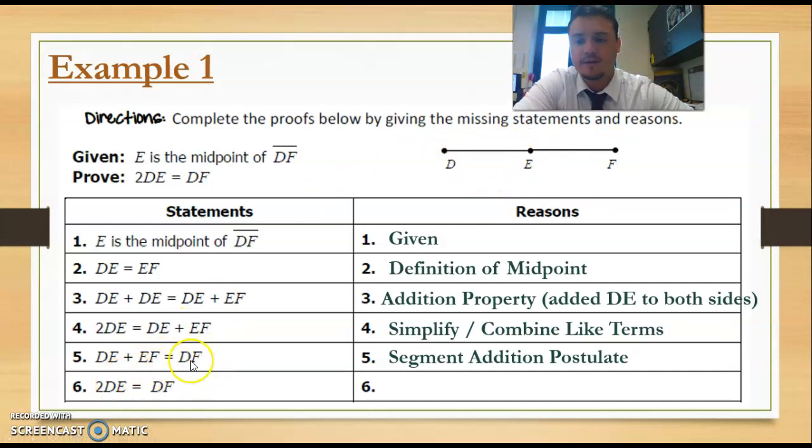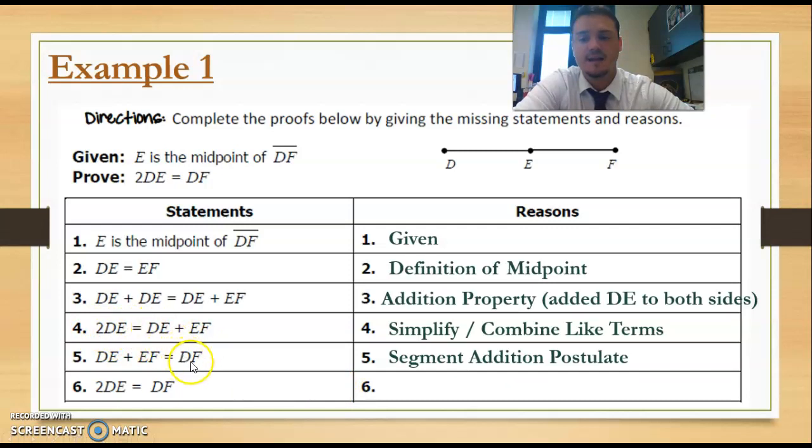Now, what we're left with is DE plus EF equals DF. We know that from statement 5. And we should also notice in statement 4 we have DE plus EF right here as well. So what we can do is say with the transitive property, we know that 2DE is